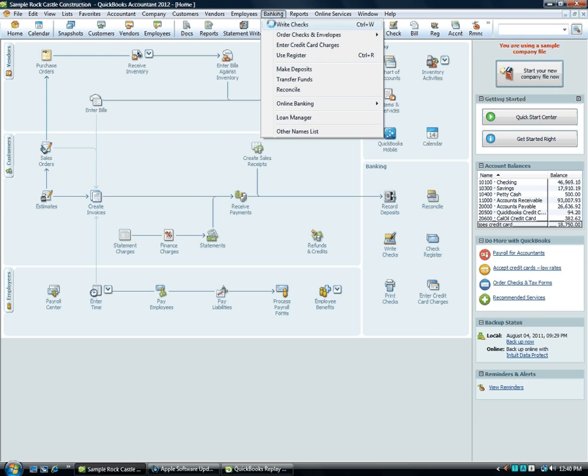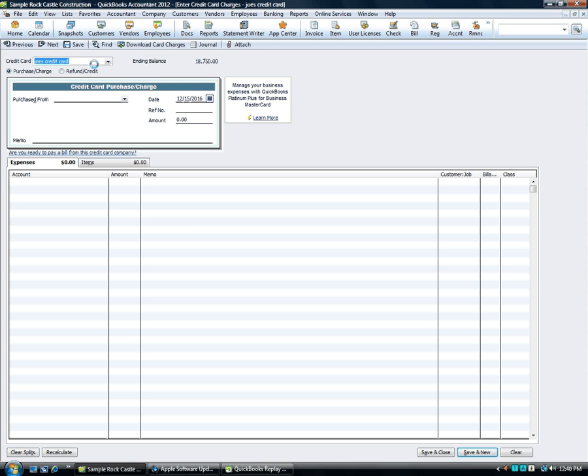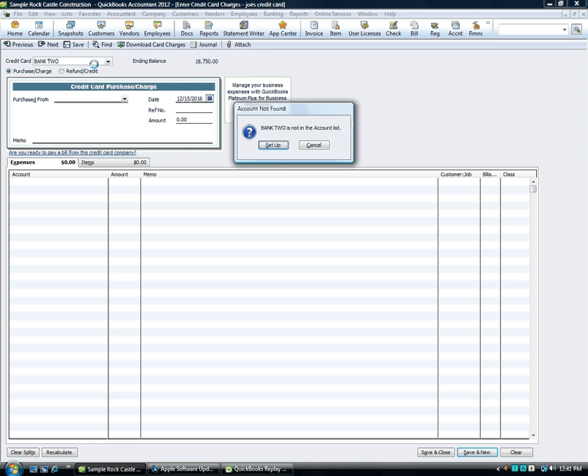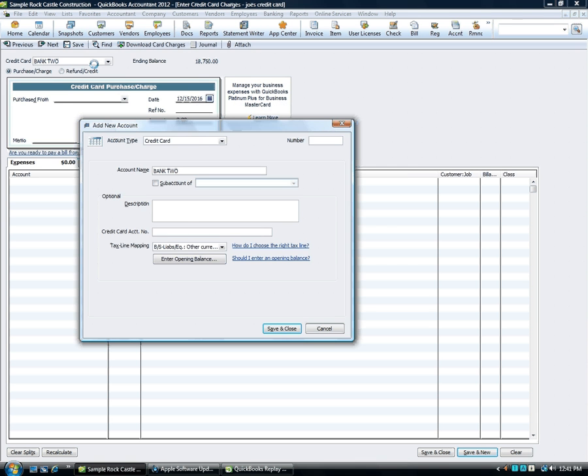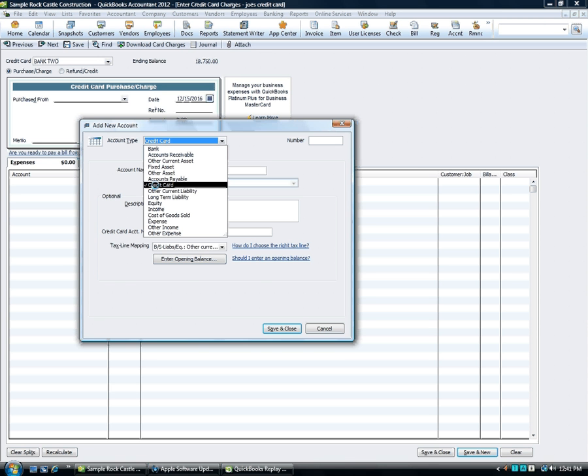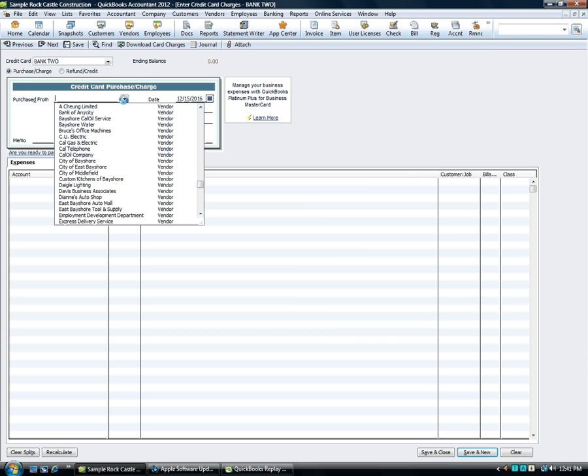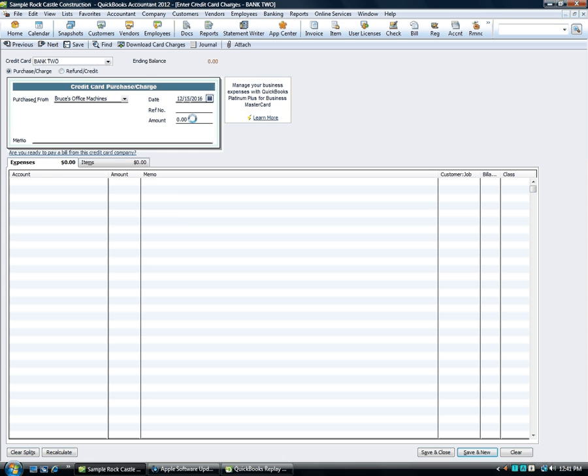So, banking, enter credit card charges. If we have a new credit card that we would like to use that we haven't set up in QuickBooks yet, we can enter it right here in the Enter Credit Card window. Would I like to set it up? Yes, I would. And what type of account? It's a credit card. This is my drop-down box. This is a credit card. It's not a bank. It's not a bill. It's my credit card. Okay, save and close. You can put in any information that you want here. Save and close. Okay, so we purchased from our vendor Bruce's office machines, and Bruce came in